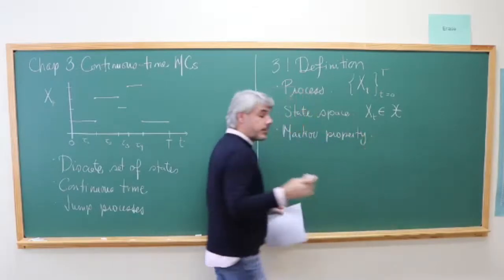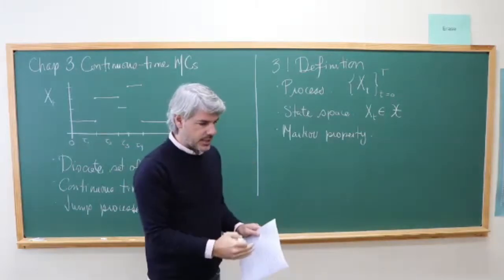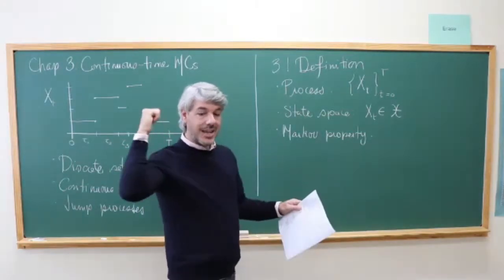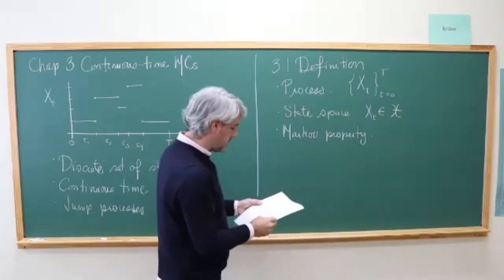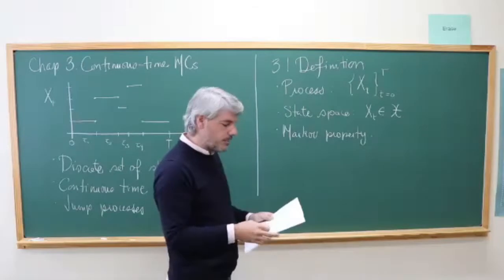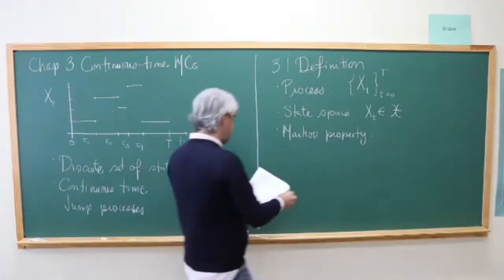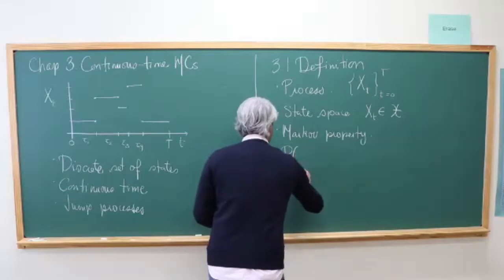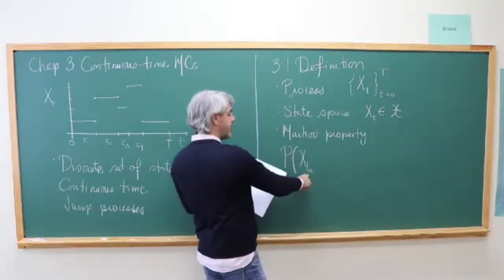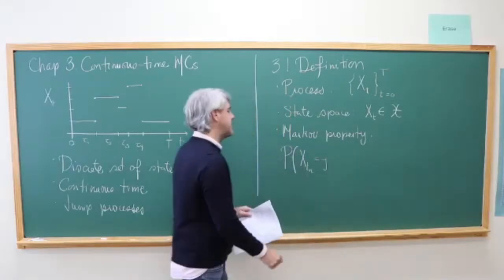So the Markov property that we had yesterday was that if you look at a present time and you look at the future, the transition to the future does not depend on anything that happens before the present. Here we're going to have the same, but it's slightly more technical to write down because we can pick any time. So I'm going to write the probability for the state to be jumping at some time Tn,